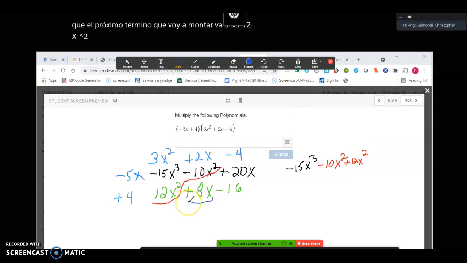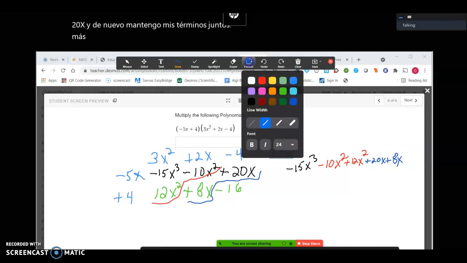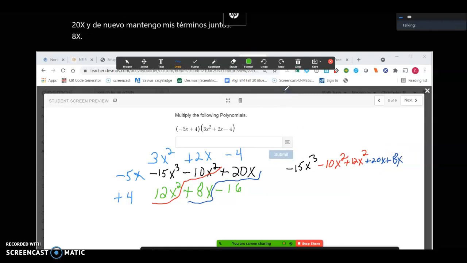And then the next one is going to be plus 20x. And again, I'm keeping my like terms together. Plus 8x. And my last term is going to be minus 16. I'm going to bring down my first term. Negative 15x cubed. Now here I got my negative 10x squared plus 12x